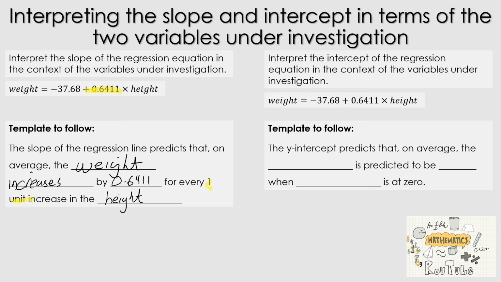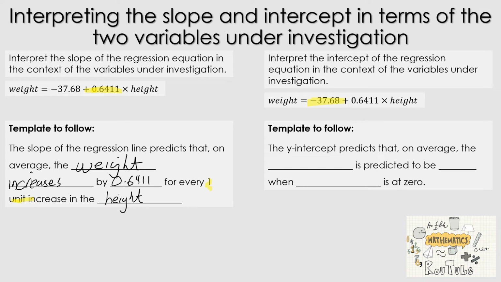Now we turn our attention to interpreting the intercept. So the intercept is just the y-intercept, and like I said before, when we're talking about y equals a plus bx, it's important that we know which value is the intercept and which value is the slope. So when we're referring to the intercept, it's this value here. So it's the negative 37.68, and just like I highlighted the positive 0.6411 slope value,